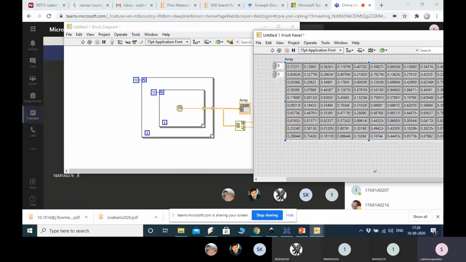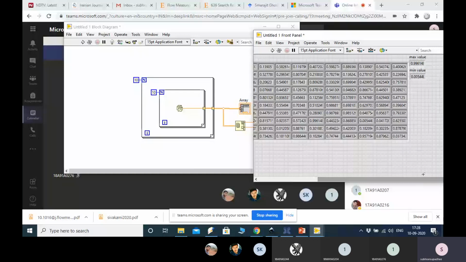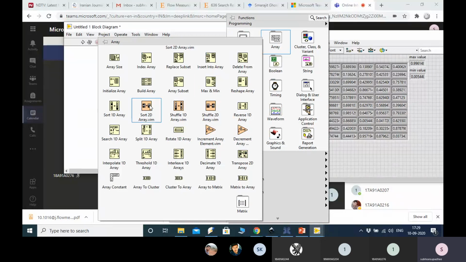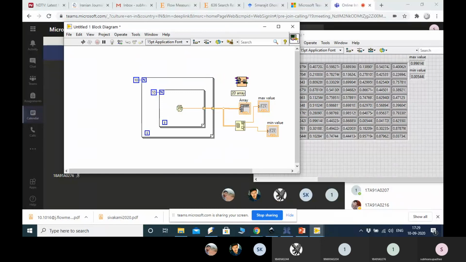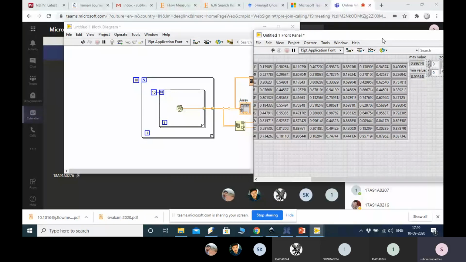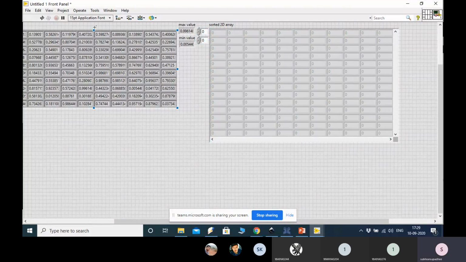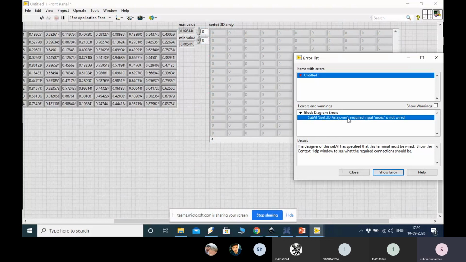run it, and every time you run it, because it's a random number, it will change. So the maximum value in this array is 0.996148, whereas the minimum value in this array is 0.00544. So all these array operations are provided here, and you can shuffle the array. Right? You are shuffling the 2D array. And sorted 2D array indicator. See over here,